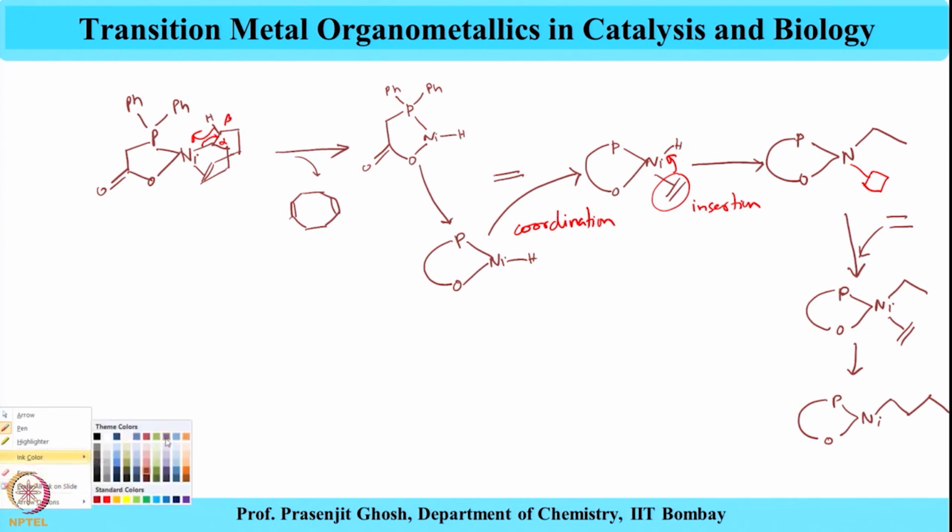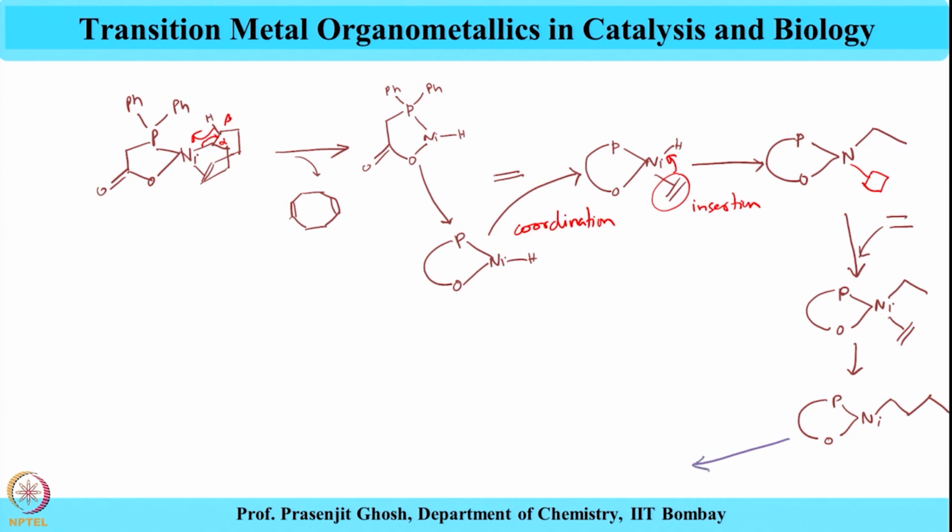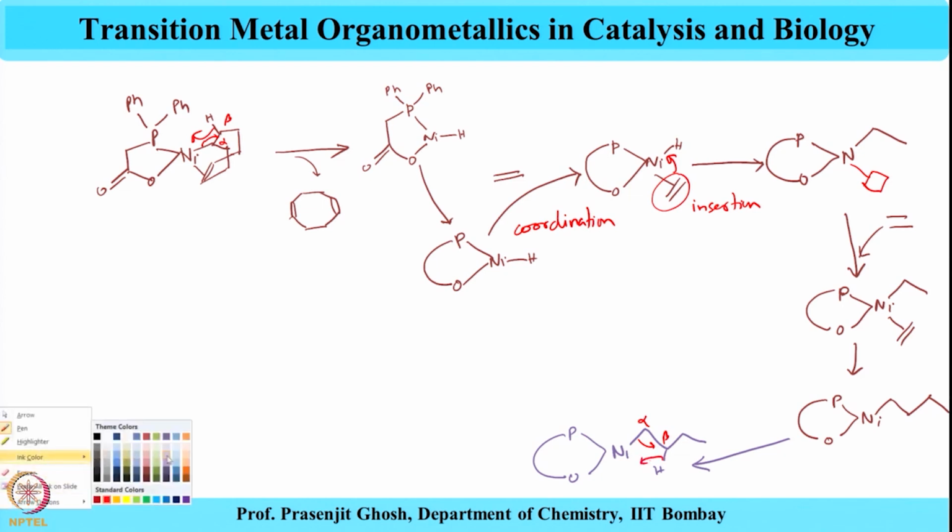From here, the first is that it can beta eliminate, as can be shown over here. This is alpha, this is beta. It can beta eliminate to give